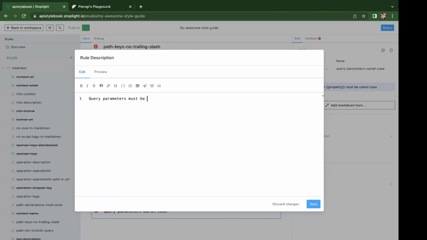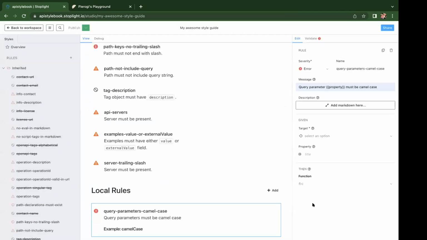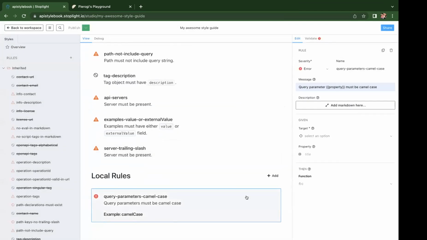So if users are looking at these style guides, they can see examples. You can use Markdown here. So I'll just put in an example here, make it bold so that people know. And you'd see that in the documentation, it would appear. I'll talk about the documentation later too.